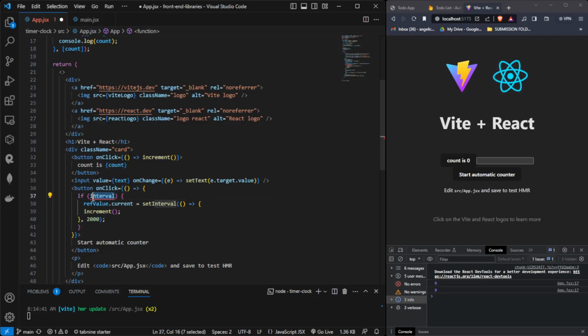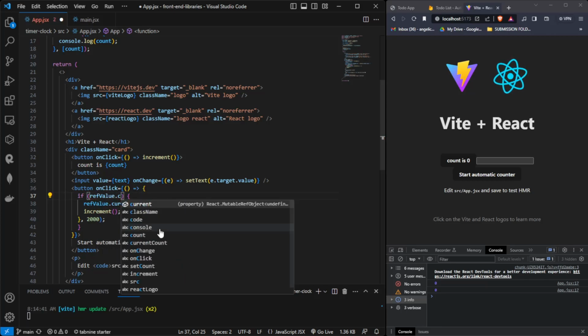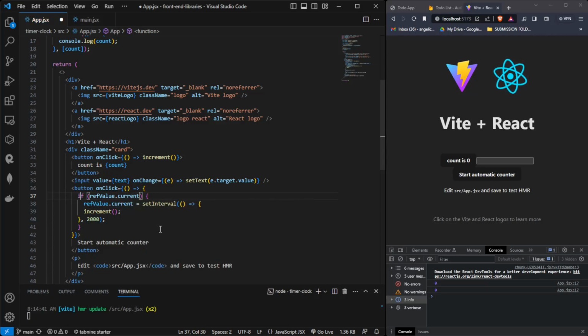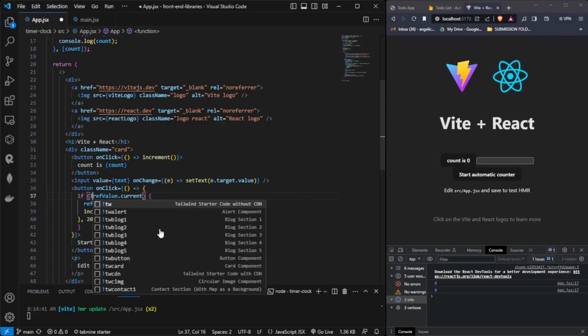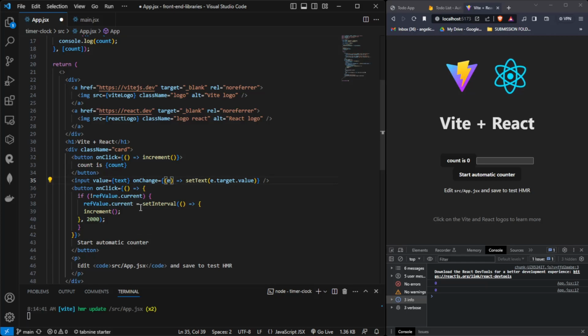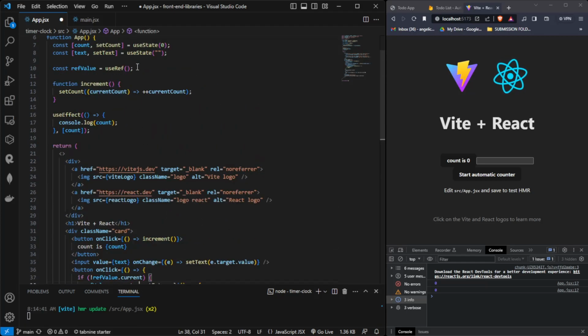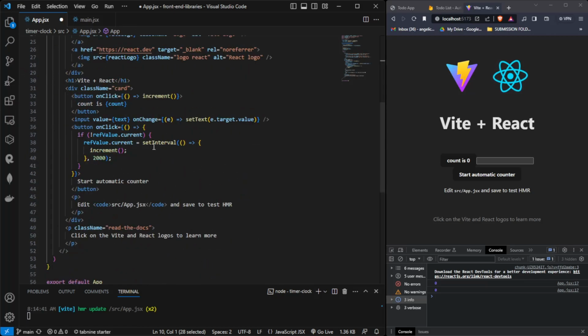And then in here, we can just say if the ref value current does not exist, like that, if we don't have a value for the current ref just yet, then we want to set an interval. So if we save this,